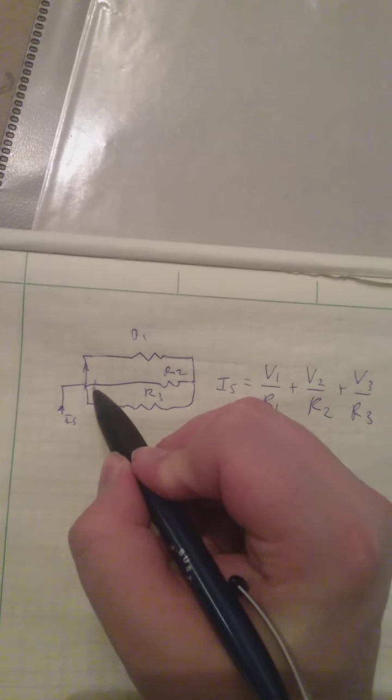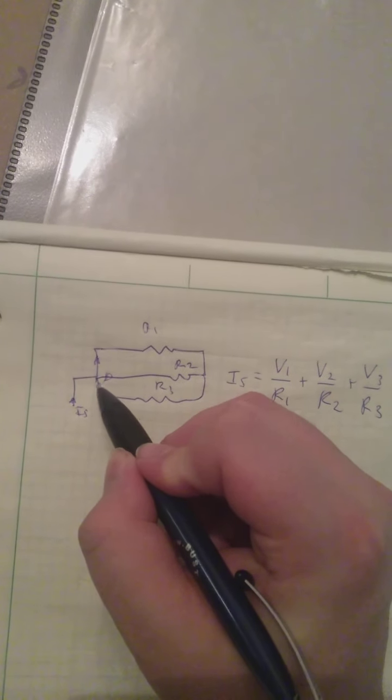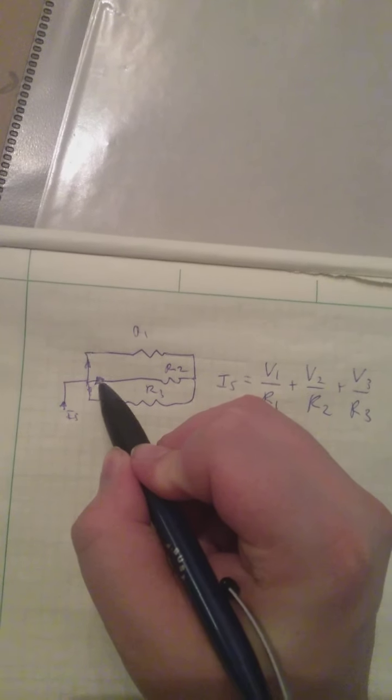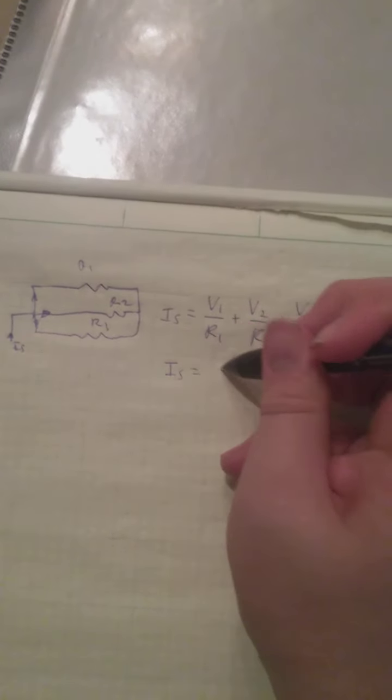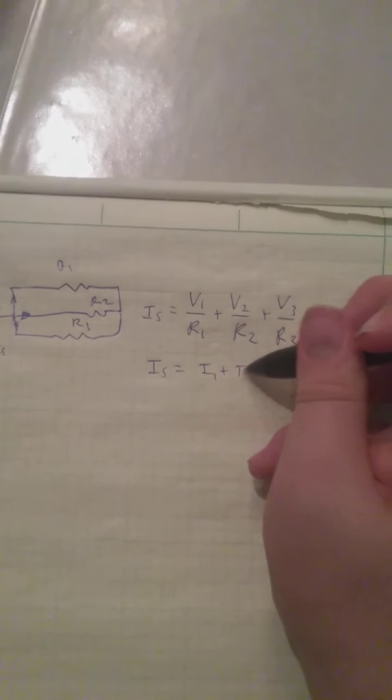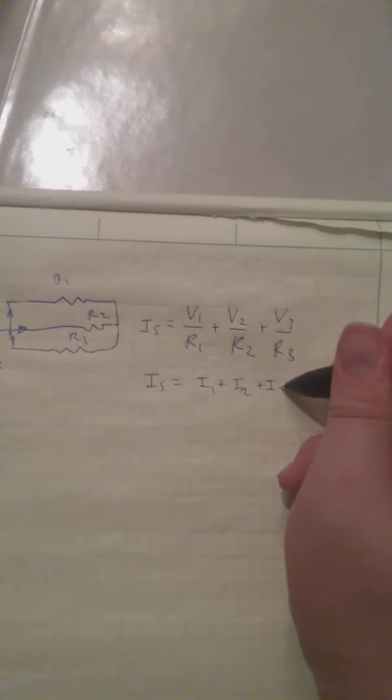So this current splits into three separate paths, right? Like that. So this is the same as saying that Is is equal to I1 plus I2 plus I3,